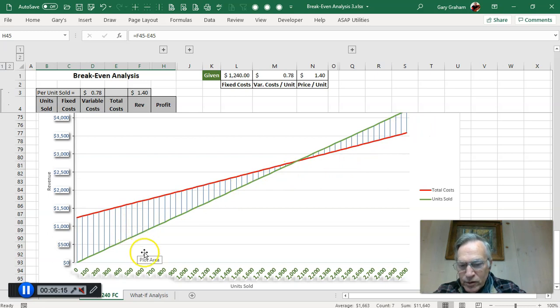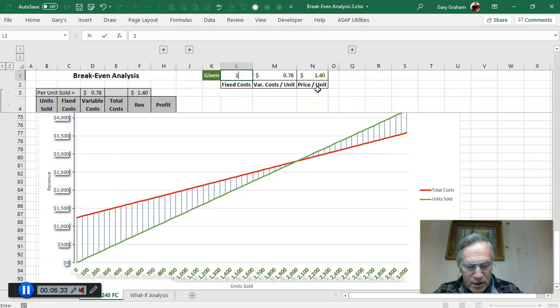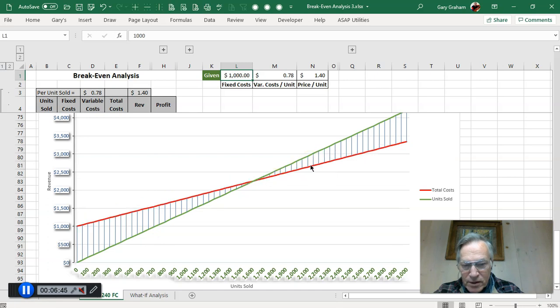Now, one other thing real quick, just another way of looking at this, and one thing that's cool to play with is that once you have this set up in your table and your chart, you can come along and say, well, what if I could reduce my fixed cost, and instead of it being $1,240, let's say I was able to lower my fixed cost to $1,000 a month. I negotiated a reduction in my lease or rental on my property or whatever. So if the fixed cost drops to $1,000, then you can see the immediate impact that has in the chart